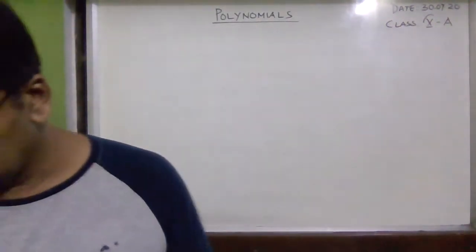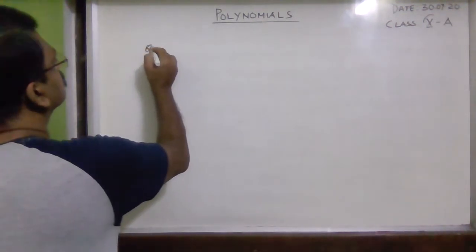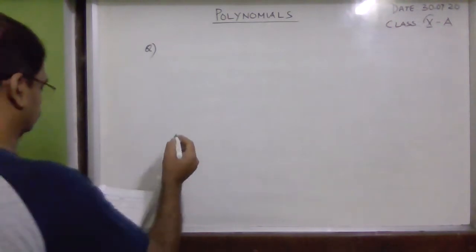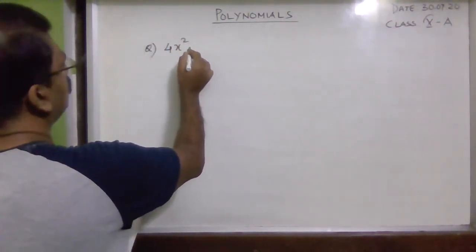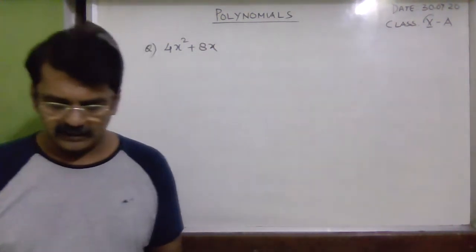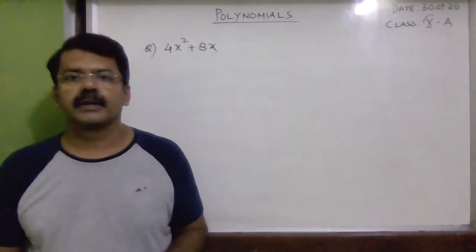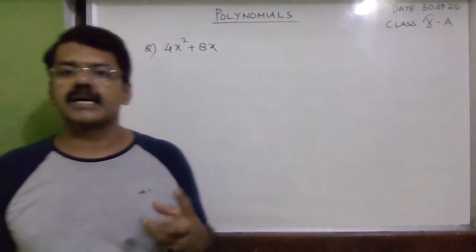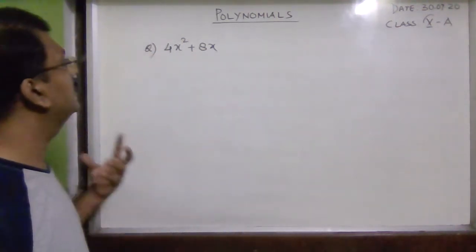The next question. Four x square plus 8x. The polynomial is 4x square plus 8x. Although it has got only two terms, as the highest power of x is 2, it's a quadratic polynomial. So first of all, what we have to do, we will find